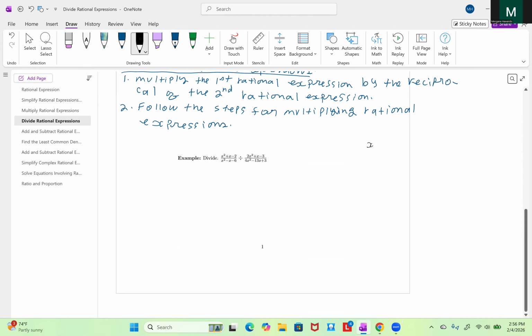x squared plus x minus 2. We need to find two numbers whose product is -2 and whose sum is 1. These two numbers are 2 and -1. So x squared plus x minus 2 factors into x plus 2 times x minus 1. So we write here x plus 2 times x minus 1, divided by